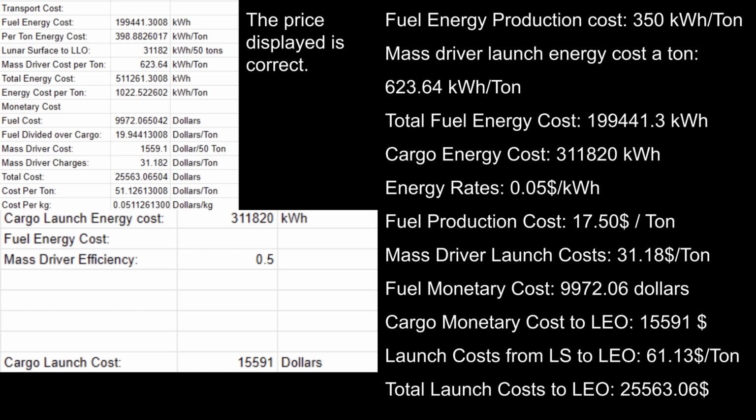The energy cost to get all the cargo to low lunar orbit will be 311,820 kilowatt hours, coming out to $15,591 for 500 tons to low lunar orbit, with the total launch cost coming out to $25,563.06, coming out to a shipping cost per ton to low Earth orbit being $63.41,